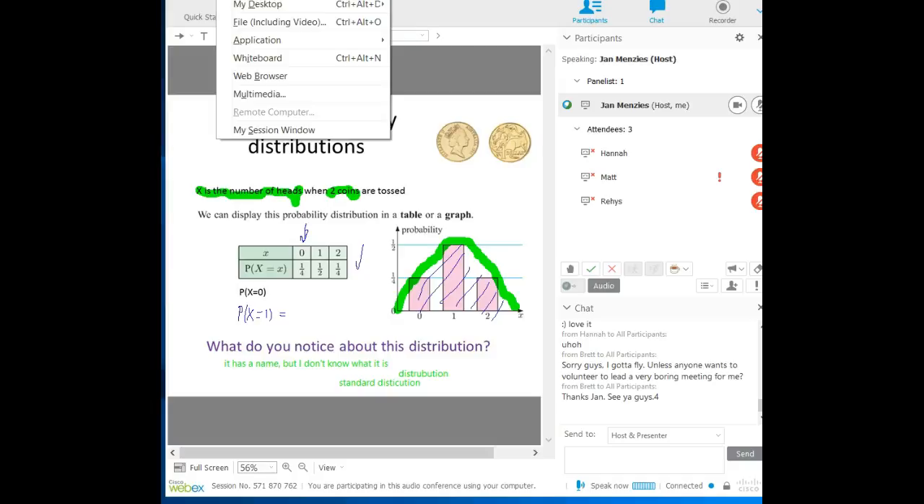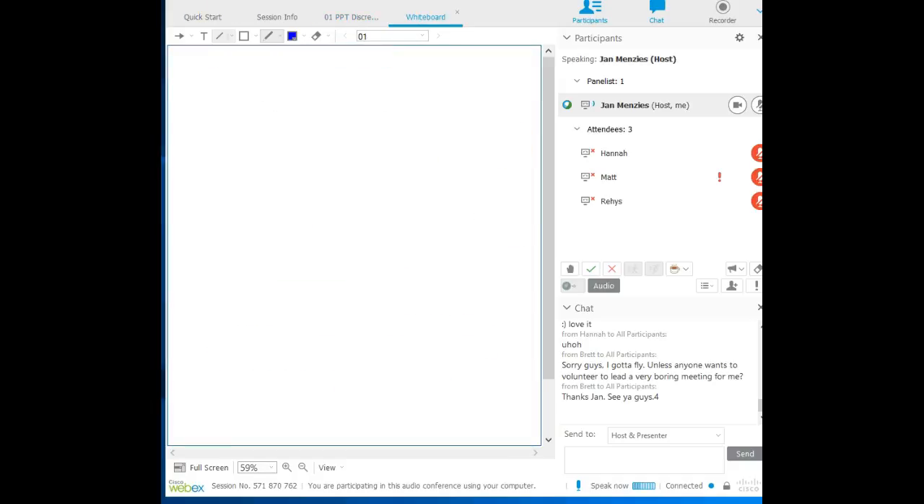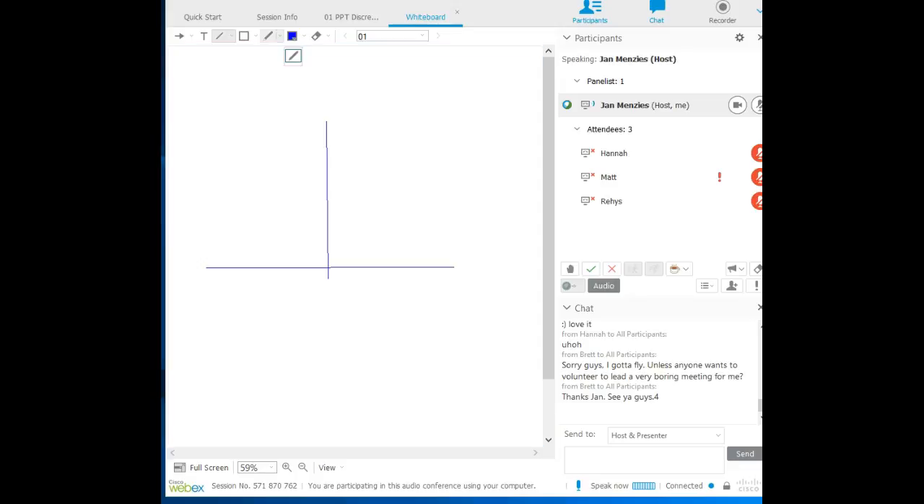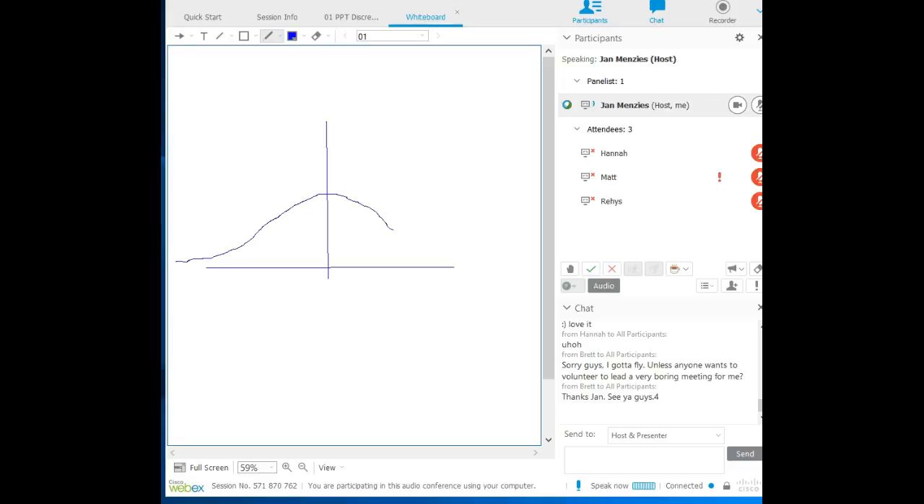So if I just go to the whiteboard for a second, and if you were a team manager and you were picking a team of players and you looked at the distribution of how they throw goals, and one player, oops, that's the wrong thing. One player, I've done it symmetrical, but I don't have to. And the other player,